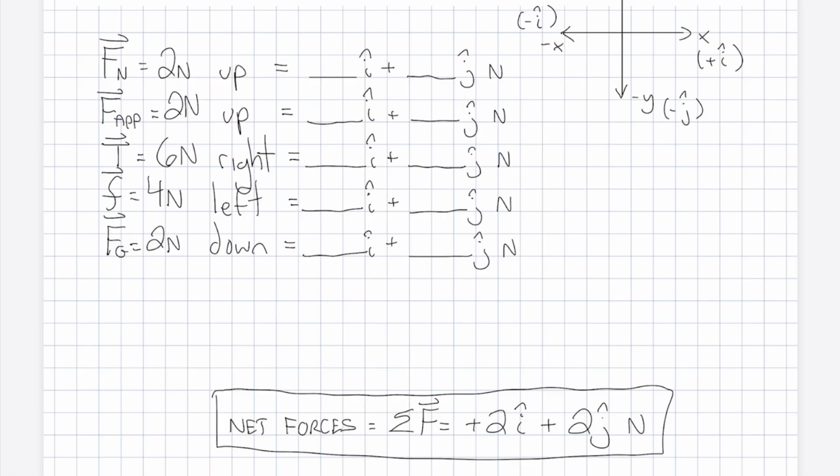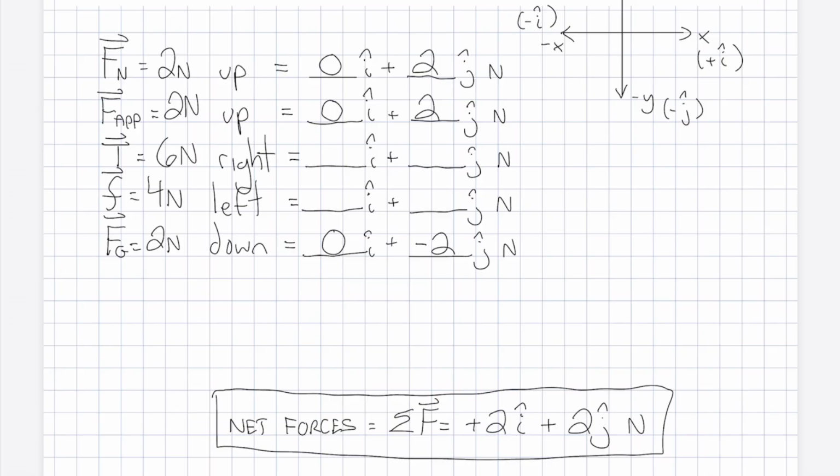In this problem, let's look at the up and down vectors, Fn, Fap, and Fg. Now, they have no components along the x-axis, so no i-hats. So I am just going to put, for those vectors, 0 in the place where you can see the i-hats. Then, because they have j-hat components, for Fn and Fap, it'll be plus 2 j newtons. And in Fg, the y component is negative